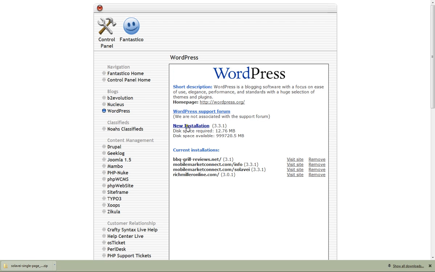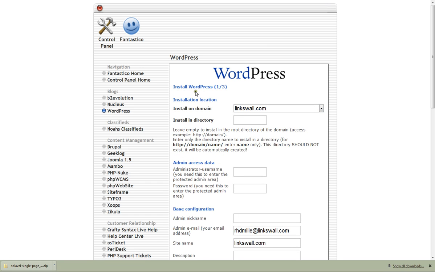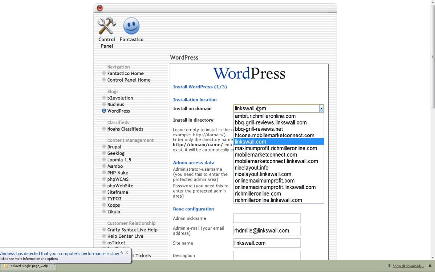And what you see over here are sites that I already have set up, where I have WordPress itself installed and themes. So we want to create a new installation because we're going to assume you haven't set anything up yet. So we're going to click on New Installation. And then in this window, we're going to tell it on what domain we want to install WordPress. So in my case, we're going to use